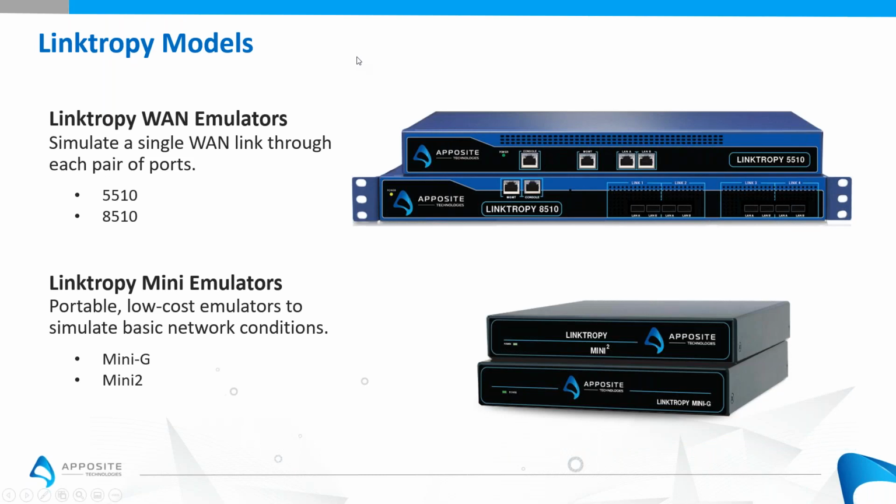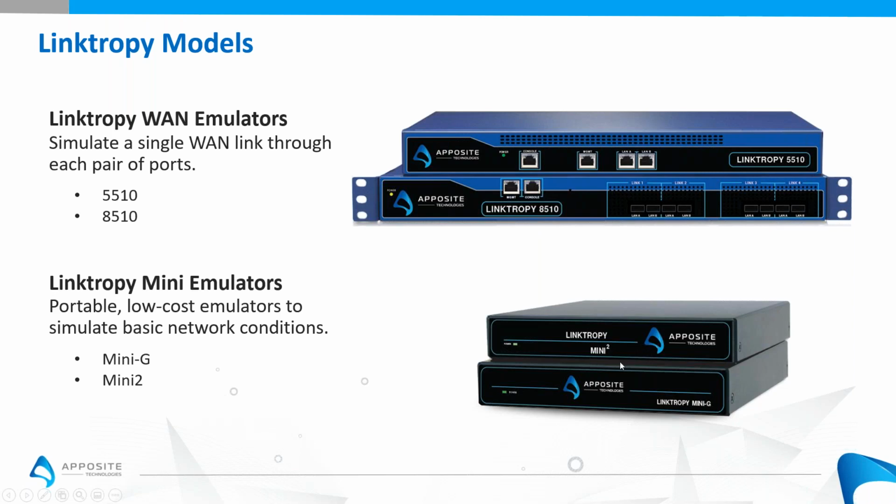So it would just be a small upgrade to increase your speeds in the future. We have our Linktree models. Again, it's a similar system. In the Linktree model, instead of calling them engines, we call them links. So this one has a single link, and the Linktree 8510 has 4 links. So again, that means there's 4 emulators running on one chassis. And of course, you have your management and console ports for controlling the Linktree and the NetHPs.